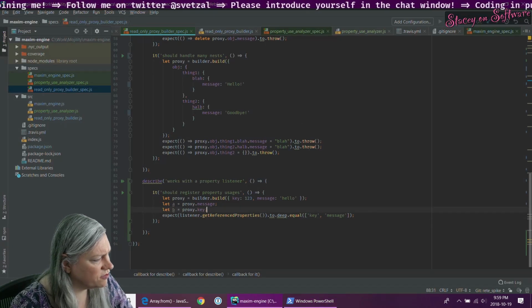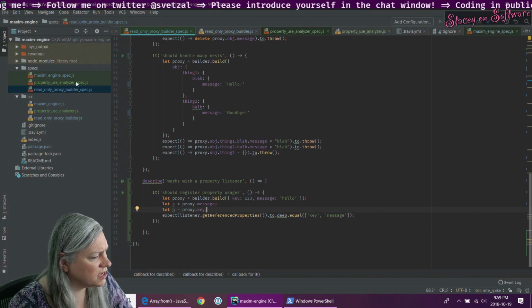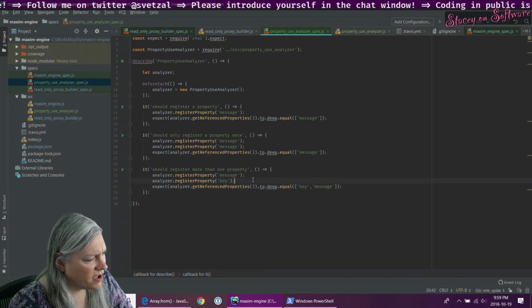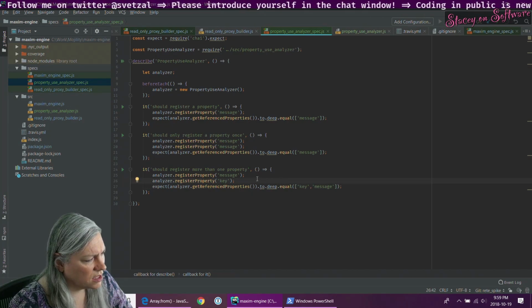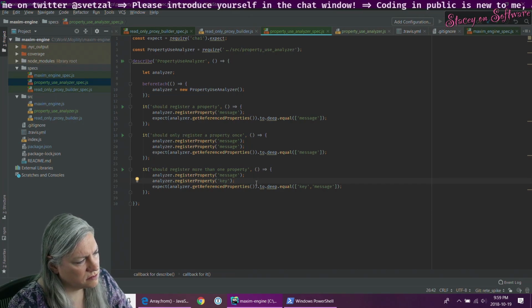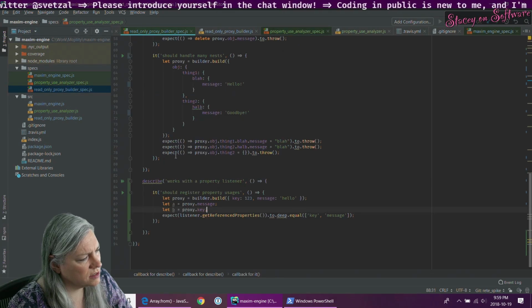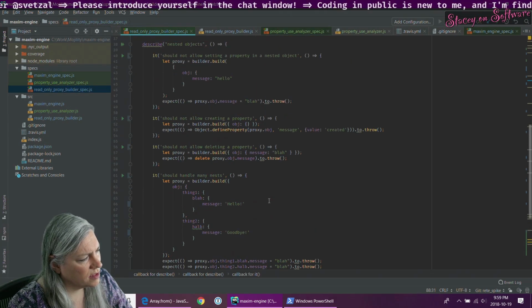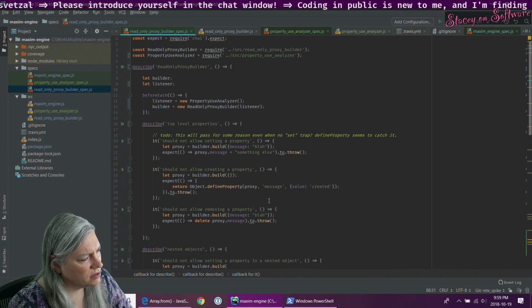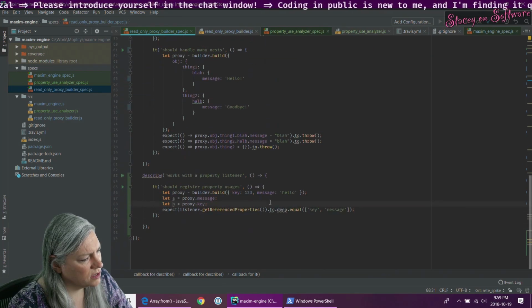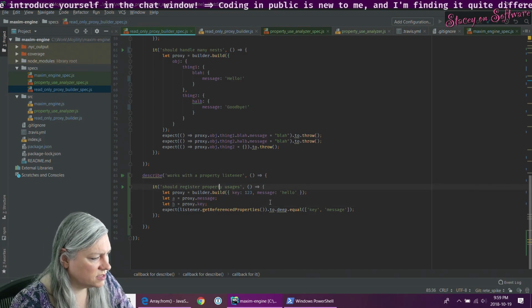And then let's just verify in my property use analyzer that if I have a thing, oh, yeah, no, this isn't the place to do it. The read-only proxy builder is doing the thing. All right, let's do this.